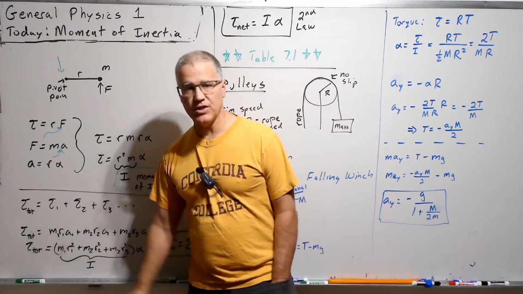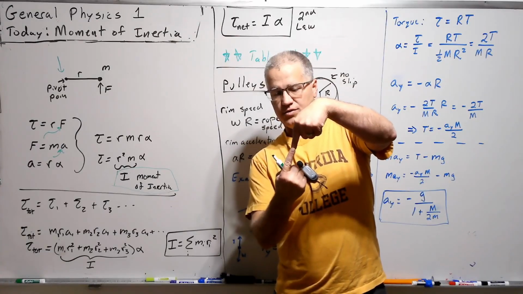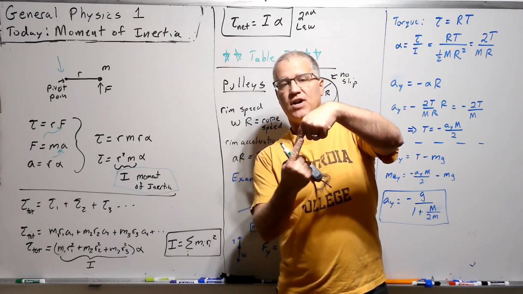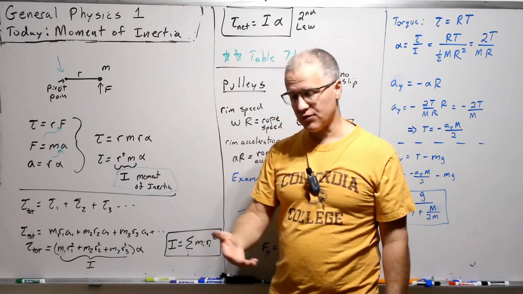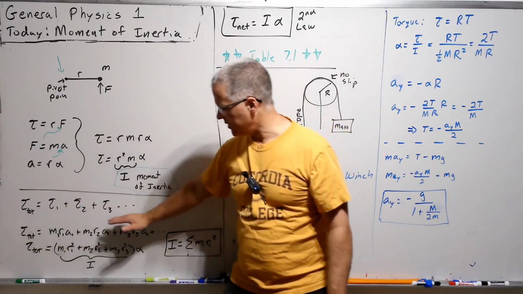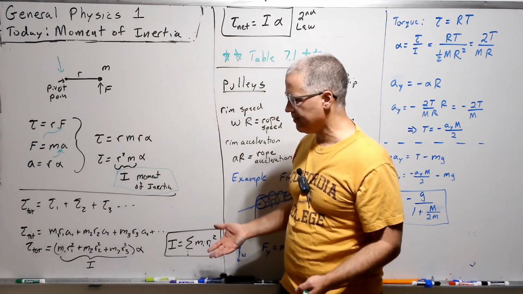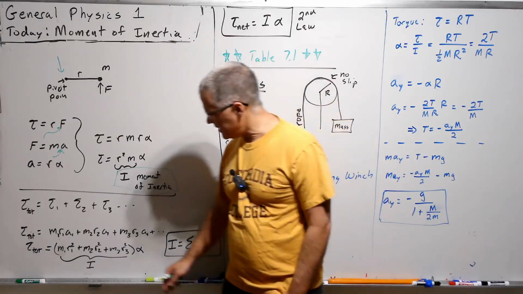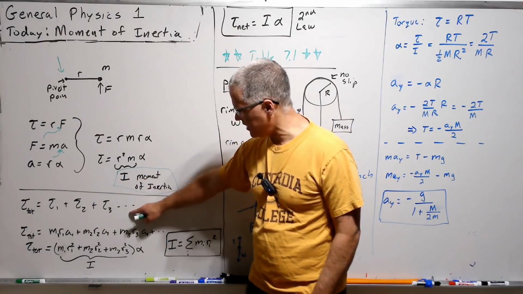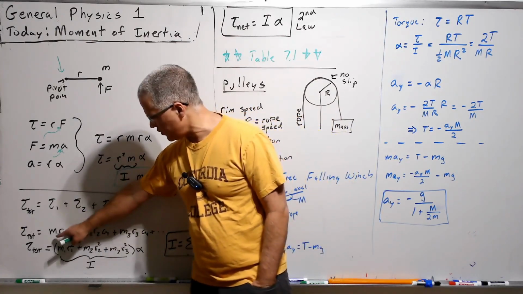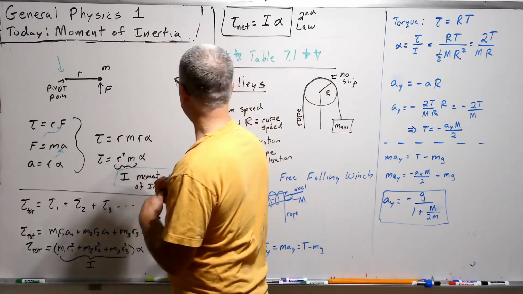Now, we know that torques add vectorially. Two torques trying to rotate in different directions will partially cancel each other out, or if they're trying to rotate in the same direction, then they'll add together. So we have to think about direction, but in considering direction of rotation, they'll add either as a positive component or a negative component. And so we can write the total torque as the sum of all the individual torques. We can then write each individual torque as m1, r1, a1. So we might imagine